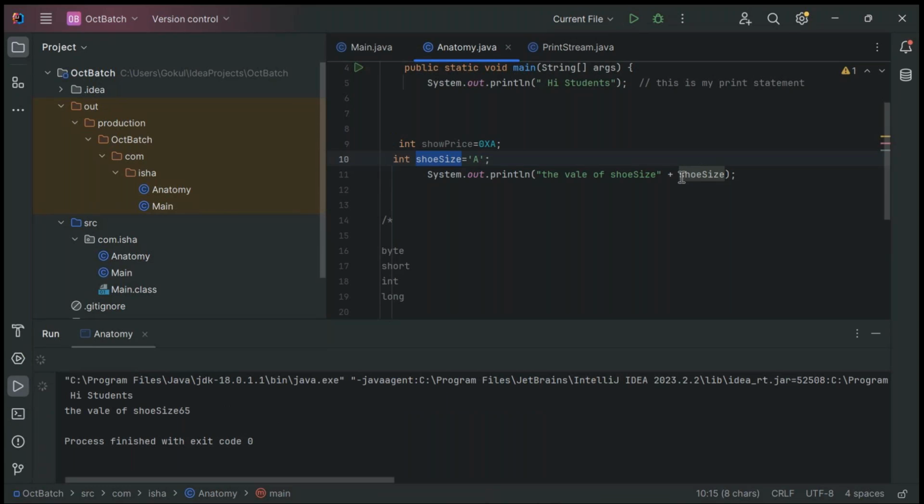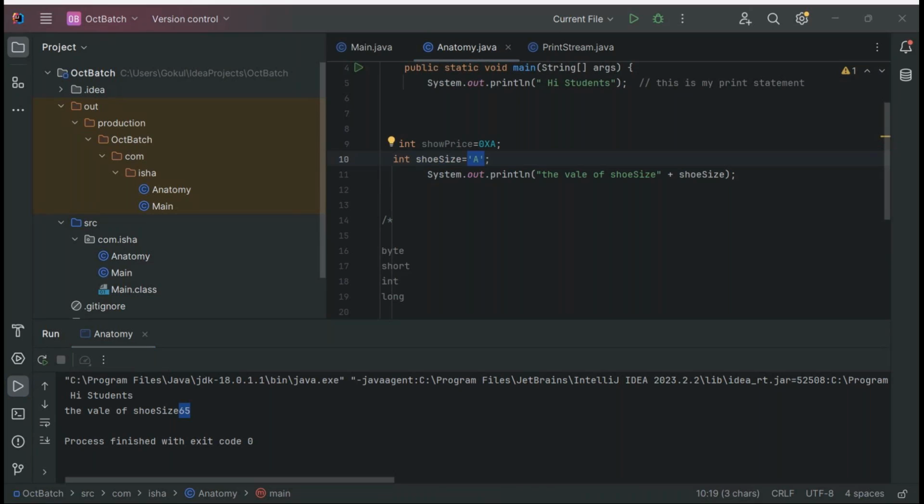It is compiling now. If you look at this, the shoe size is showing as 65. Why is it showing 65? I put something called A, right? Let me show that also. Why is it showing the shoe size as